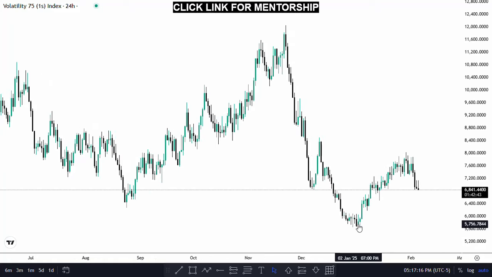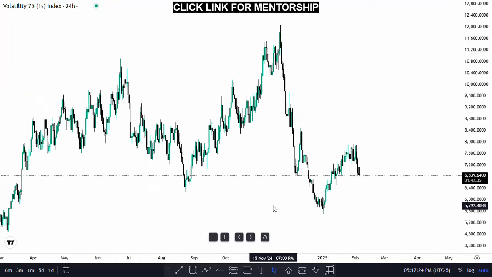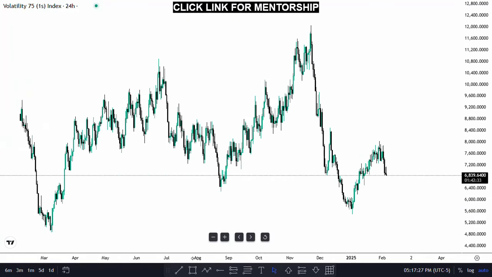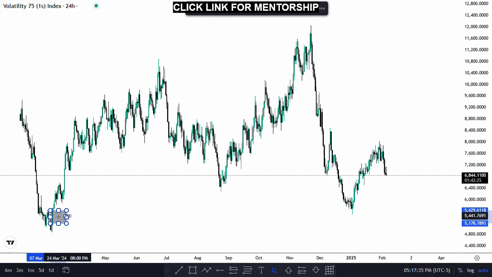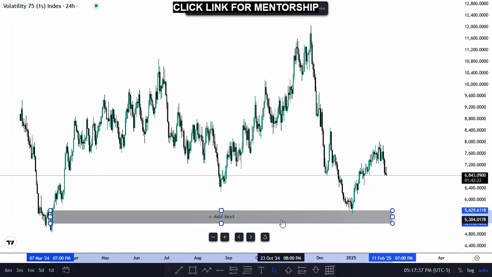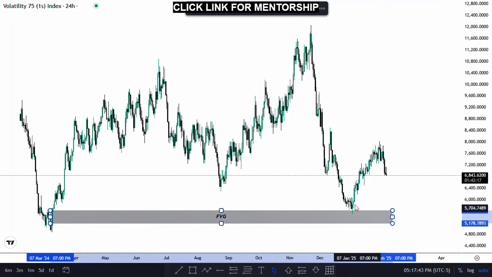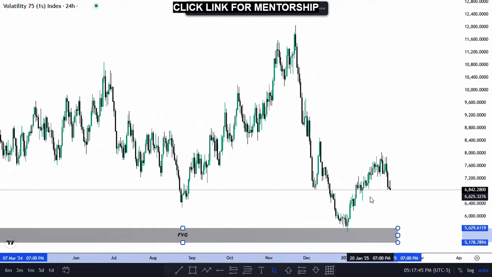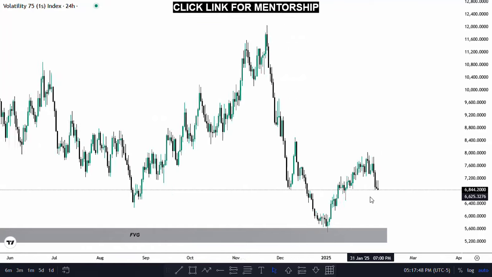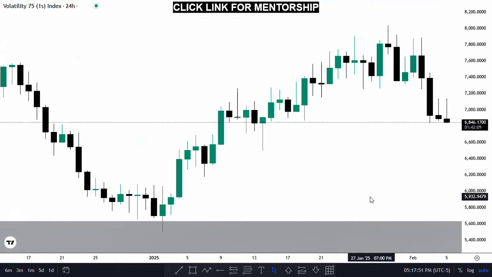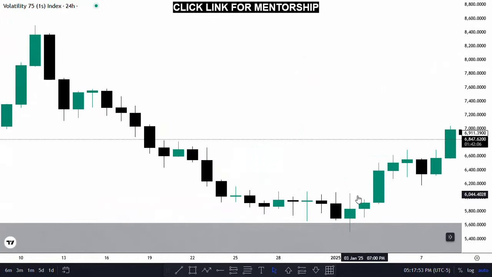Another tip that I can give you is when you see this massive reversal on any chart, you have to look to your left and see what was already there. Okay, so for you to understand this, there was a point of interest right here, which is a fair value gap. Okay, so there's a fair value gap there on the daily chart. So that's where the market had to reverse from. Now, when we start with this candle right here, the candle that reacted to that fair value gap, okay,